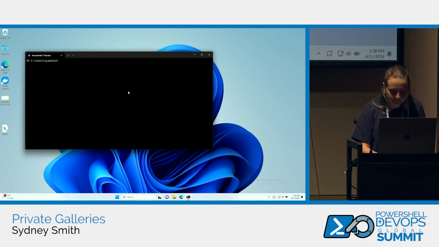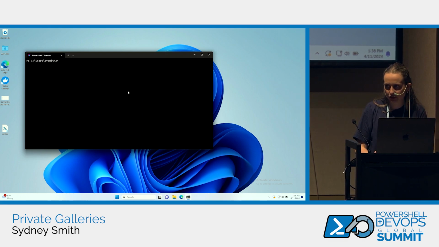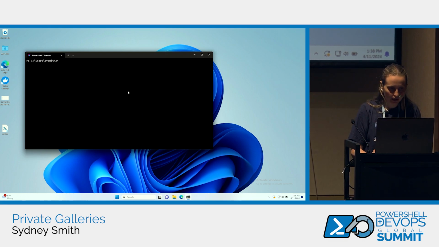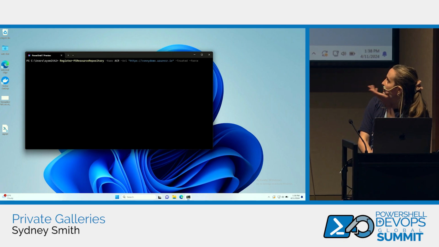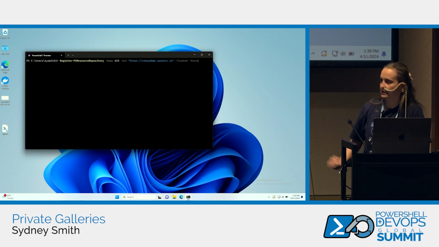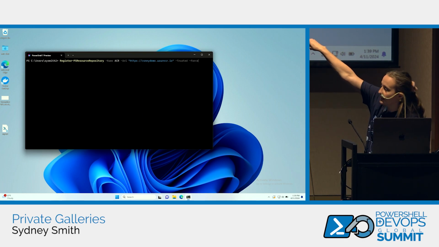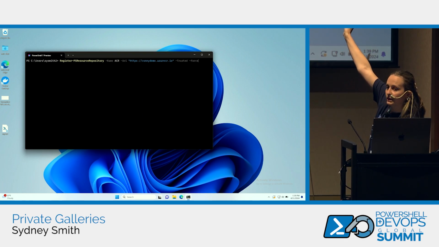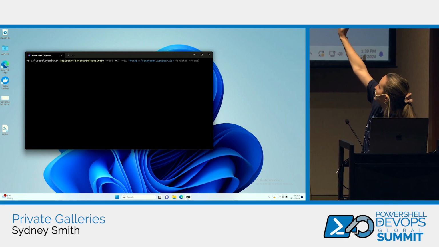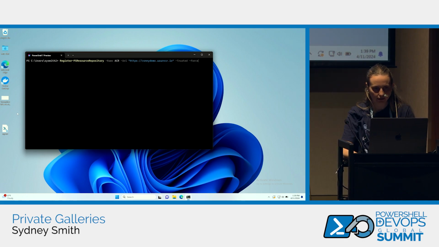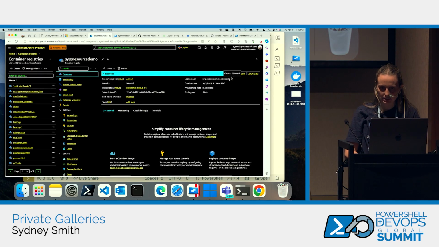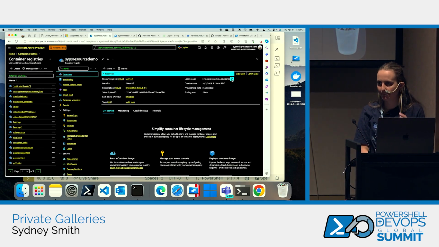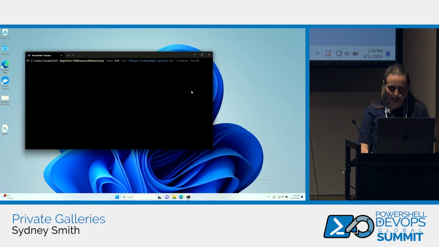In this case, I have already registered my ACR instance. That was what I ran to register. So you just need the friendly name, and then the login server is the URI. If we go back to the overview page, this is where you can copy the login server information. That's where you get the URI. If I go back here,